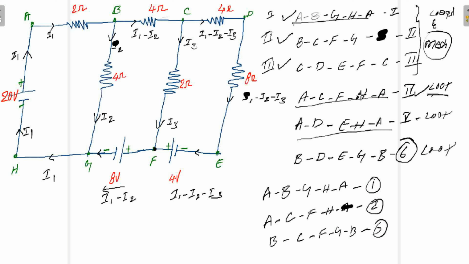If I select, among the six, A, B, G, H, A, and A, C, H, A, if I select these three, then is there any wrong? Yes, because if I select A, B, G, H, A, what happens? These two elements are covered, this one element is covered. Okay, no problem. So this is covered, this is covered, this is covered.